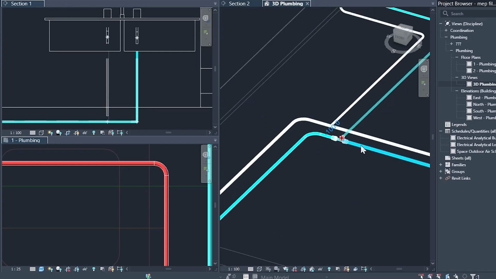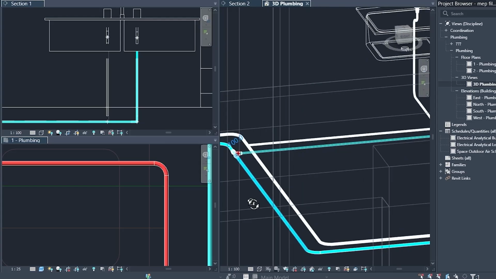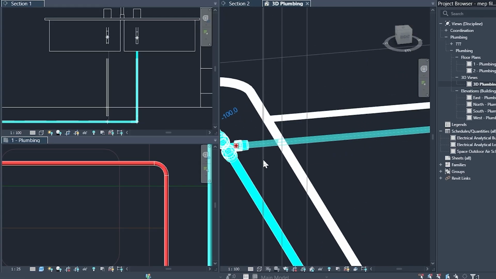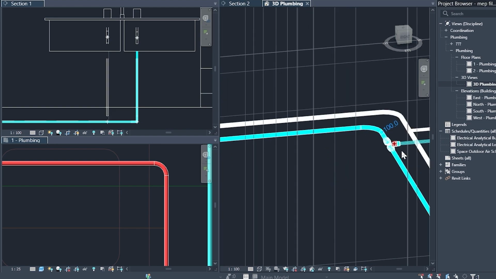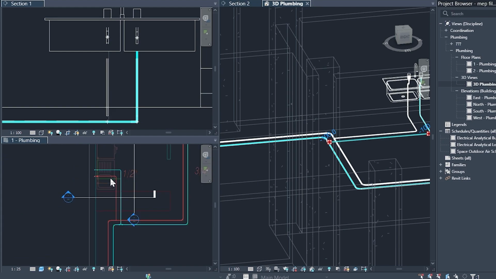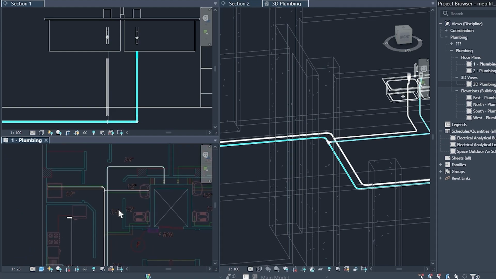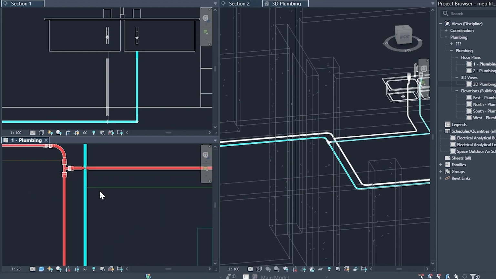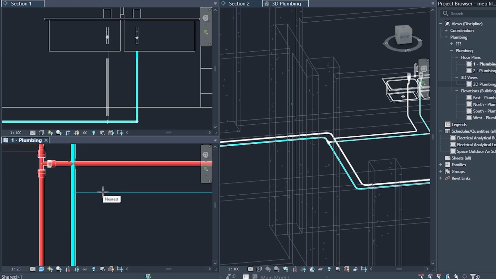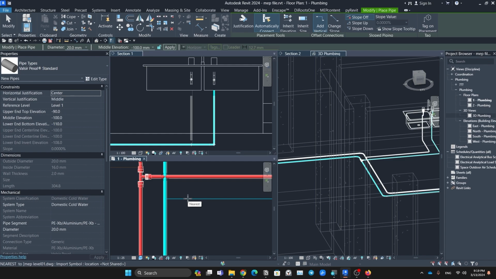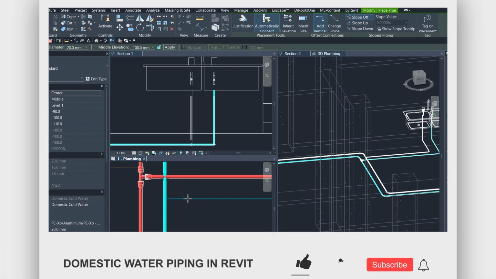Then in later phases, for example, in here, if you wanted to make it clash free, you have to break it beforehand or move these lines to different heights. It depends on yourself. And the same thing goes in here. To be honest, it's not one of the easiest parts of the MEP modeling, the domestic water, and it doesn't have that much of a problem like sanitary. But if you also want to learn how to model sanitary, make sure to watch this video in here,